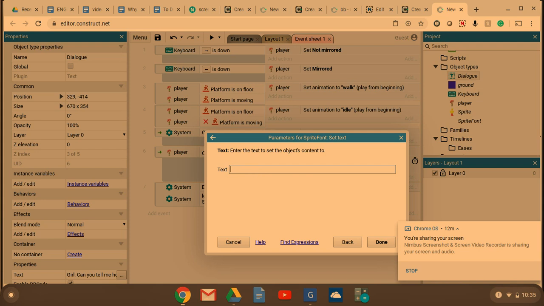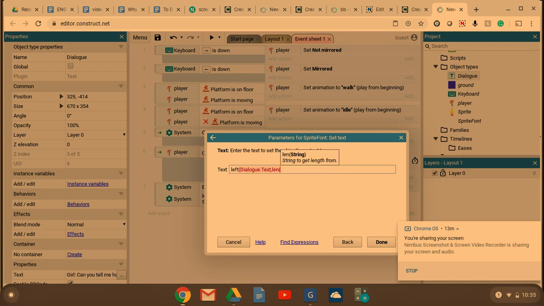And I'm going to write the word left, open parentheses, dialogue, which is the name of my text box. I'm just going to double click it, period, text, comma, and then lowercase len again,